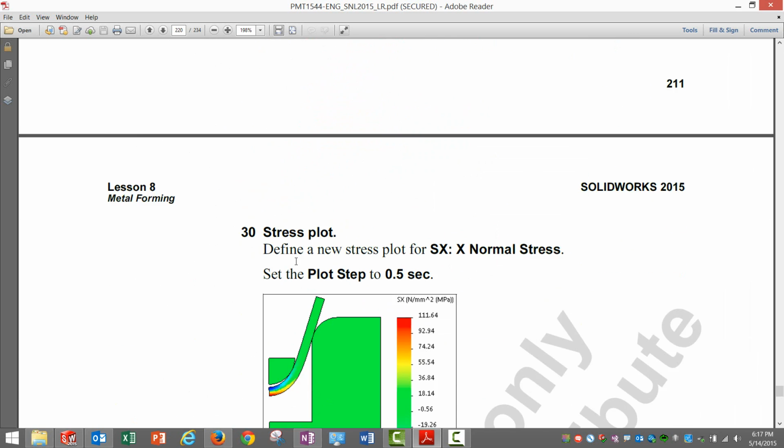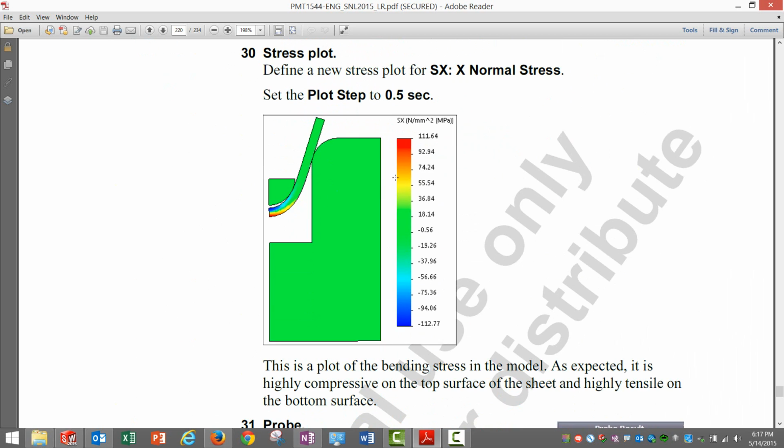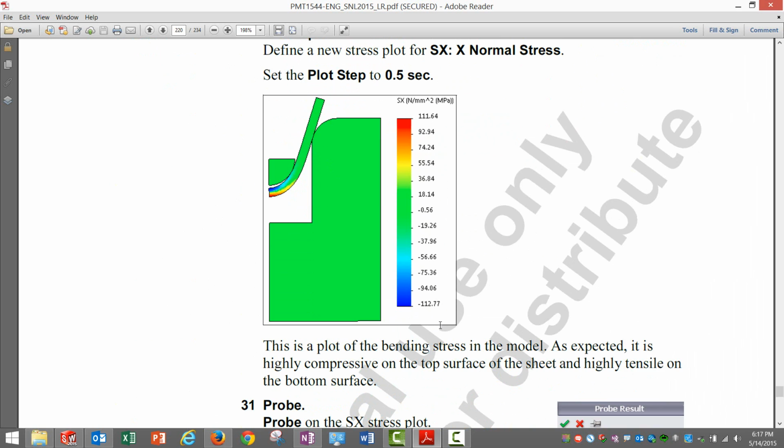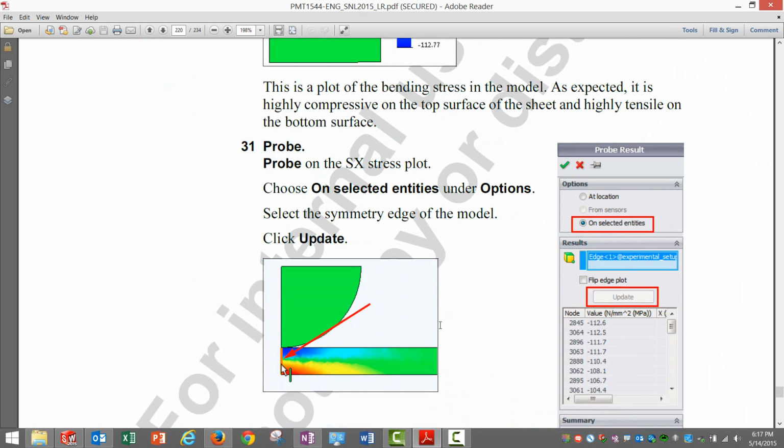Yeah, the von Mises is being checked at 2 different time steps. Thereon, as I told you, we move into X normal stresses. Here we can see there is huge stress at the appropriate location, it is compressive, and the other way around it is tensile stress on the other end. Okay, we can as well probe